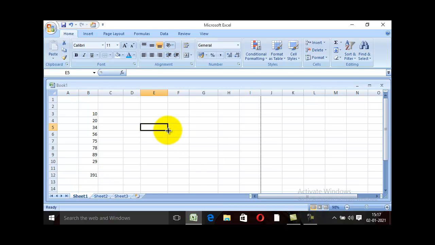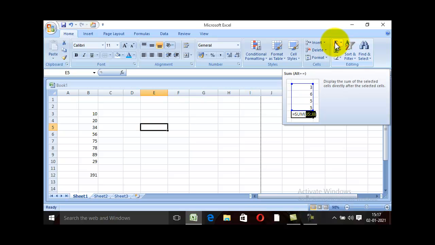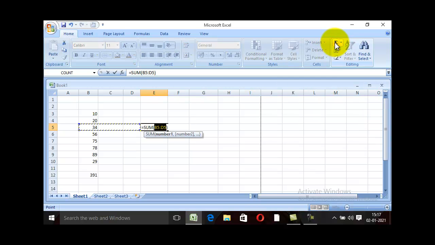Now again, if you click here like this and you click here on auto sum and press the enter key,